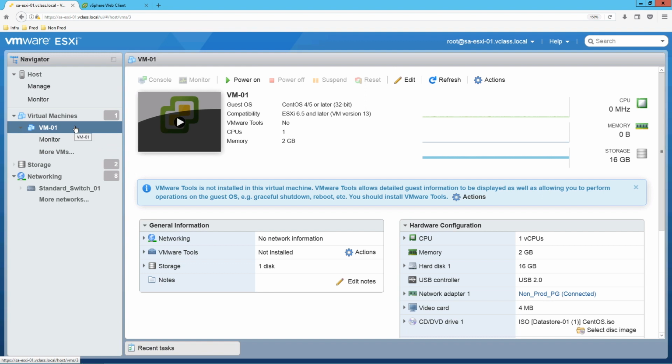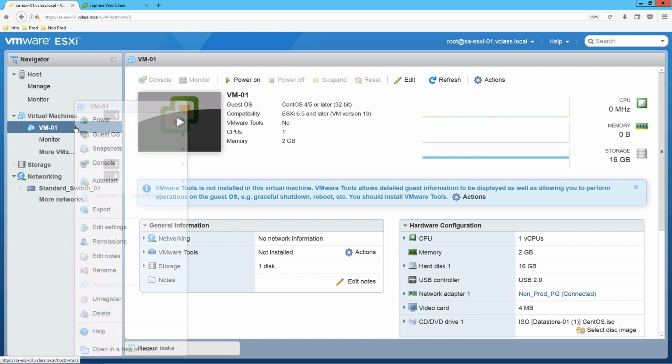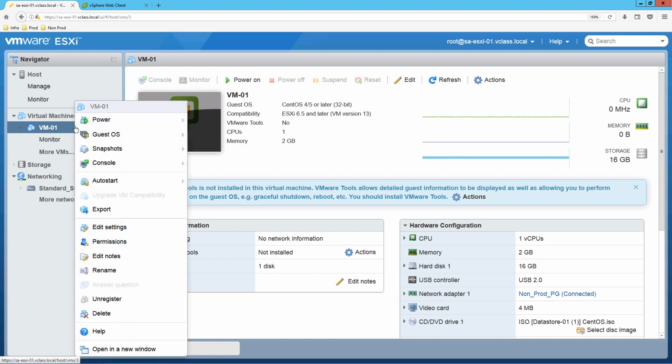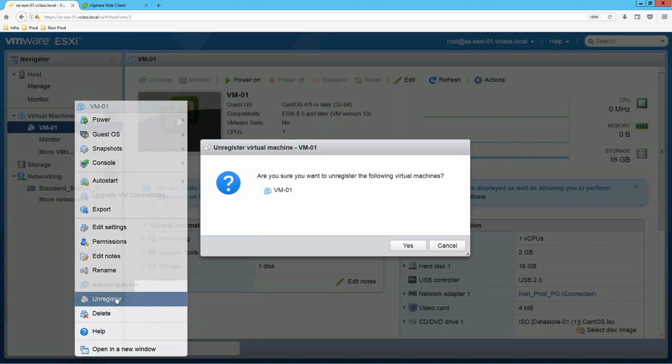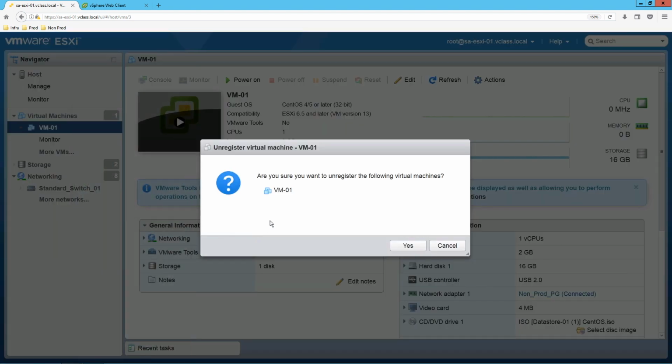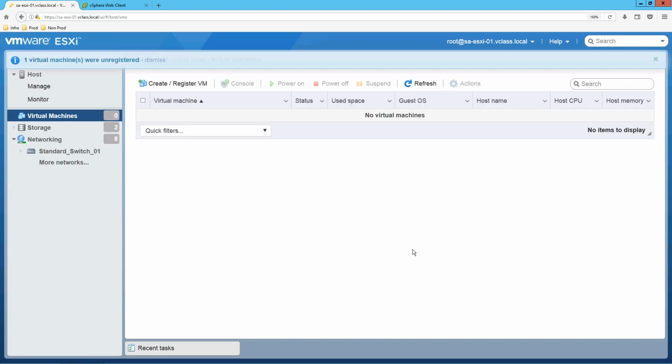Right click on the virtual machine. Select Unregister. Click on Yes. Now the virtual machine has been unregistered from the inventory.